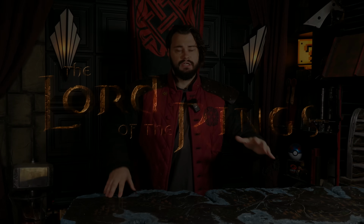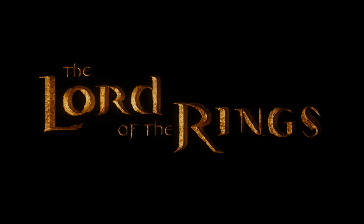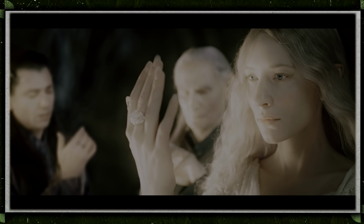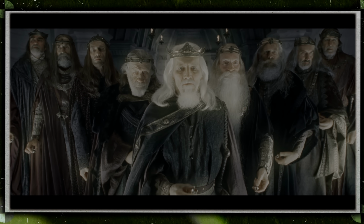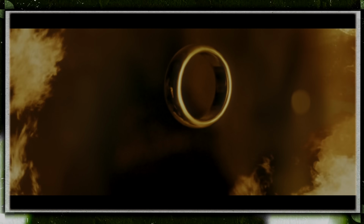Now, first and foremost, the Lord of the Rings trilogy has some of the best fantasy weapon design that you have ever seen on the big screen. Like, it sets the gold standard, no joke. And maybe I'll talk about that in a future episode. But what we're going to be looking at today is one of the most underappreciated designs that doesn't really get talked about that much because it's not really a weapon. I mean, it's used as a weapon, but it's not the type of weapon that you would think, and that